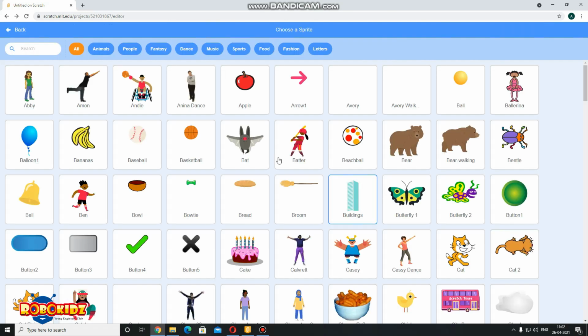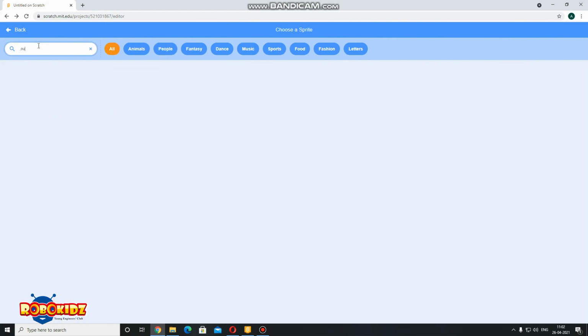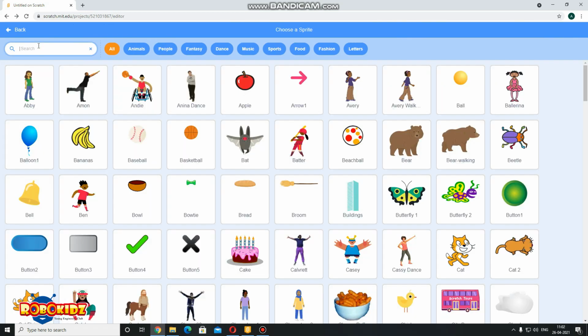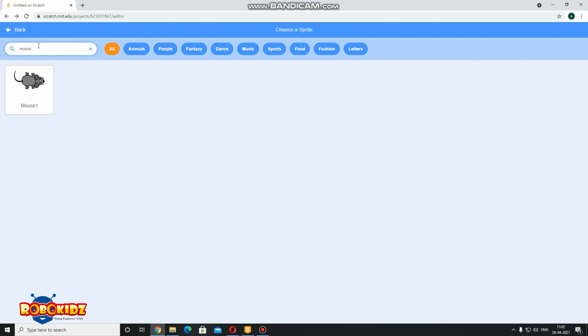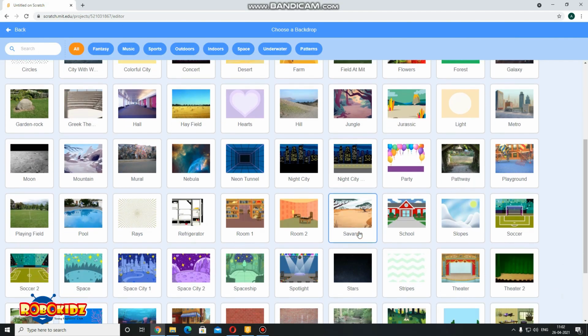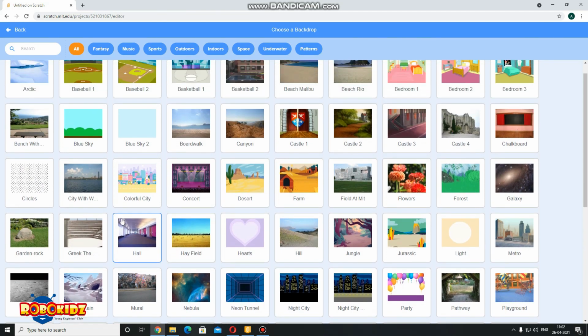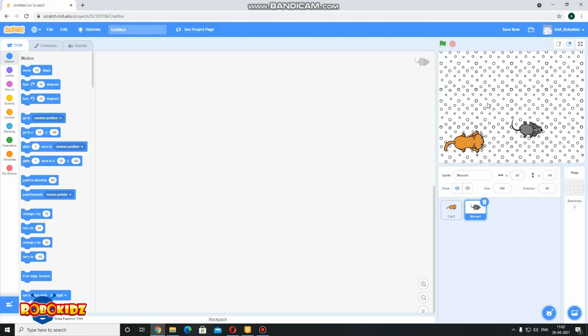Now let us also select the prey for our cat, which is mouse, obviously. We have only one sprite for mouse. We have selected that. Now let us select a backdrop. Backdrop could be anything for us. I am taking a very plain backdrop today of this circle. So this will be my backdrop. Over here the cat and the mouse both will run.